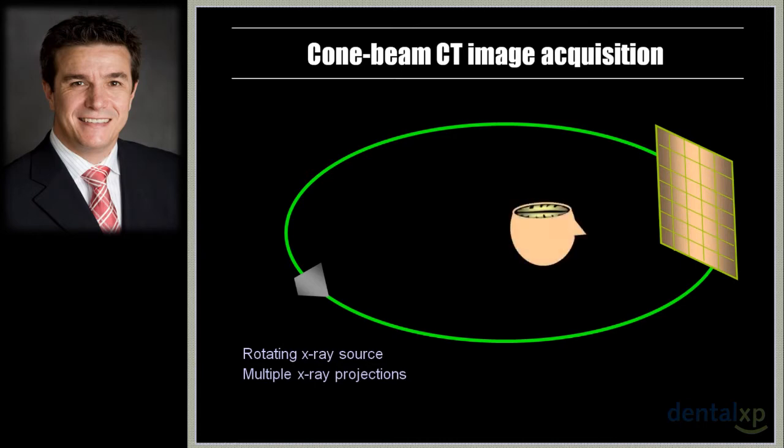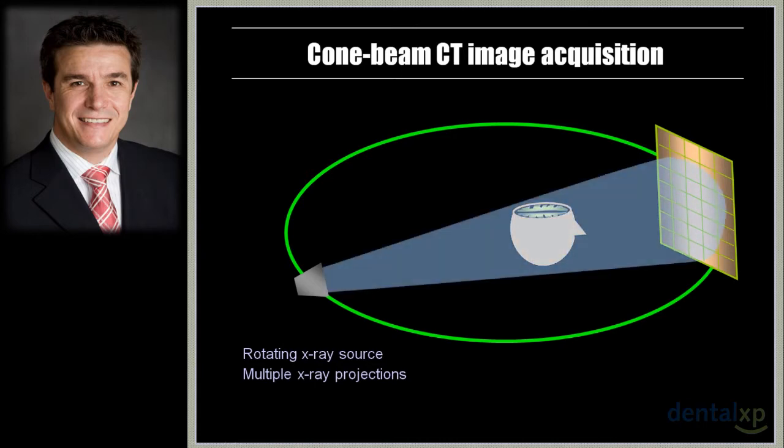We have the patient in the middle, and we have a conical-shaped X-ray beam, hence the name cone beam computed tomography. The X-ray source rotates around the patient's head, completing a full circle, and during its rotation it continually bursts exposures, like very short cephalometric images, around the patient's head. These images may range in number from 270 all the way to 400 images, so almost one image per degree